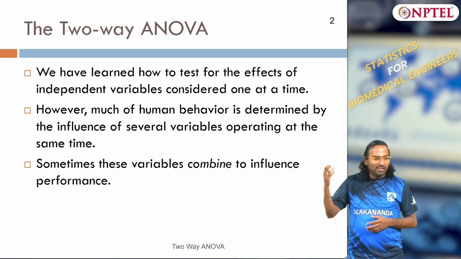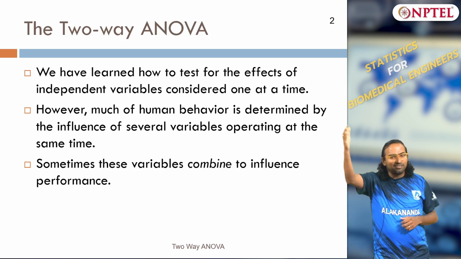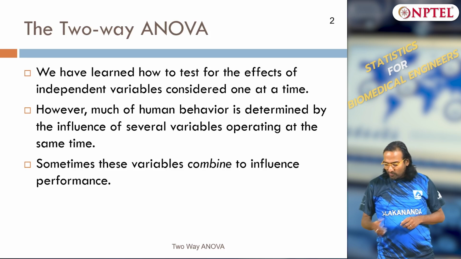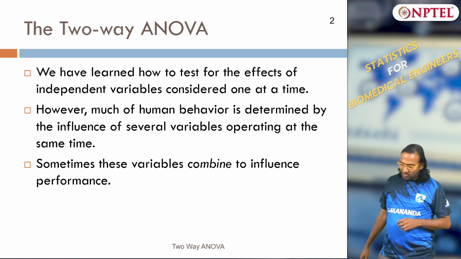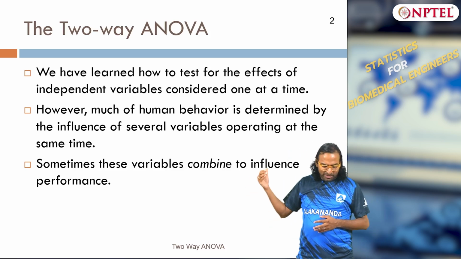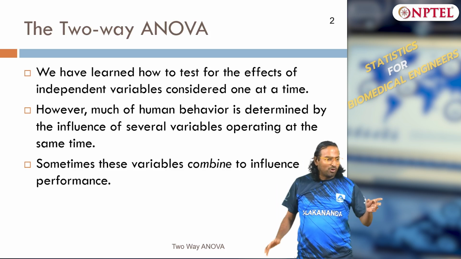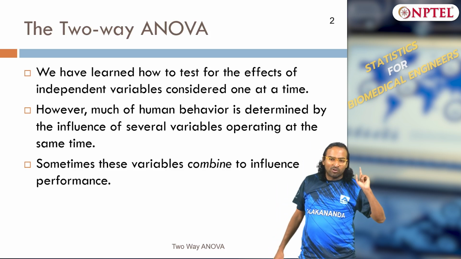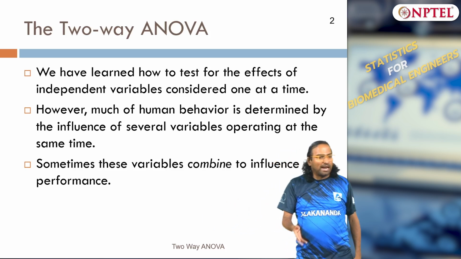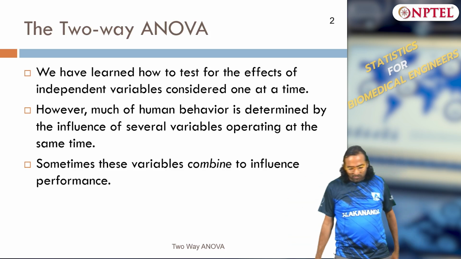N-way ANOVA is what I call the highest setting. So we will start learning about two-way. The reason is we are comfortable doing one or multiple independent variables. As I told you, multiple independent variables also we know to handle. It is not just one-way ANOVA, we can use RCBD, we can use Latin, we can use Greco-Latin squares. So multiple independent factors with blocking, all of those we know.